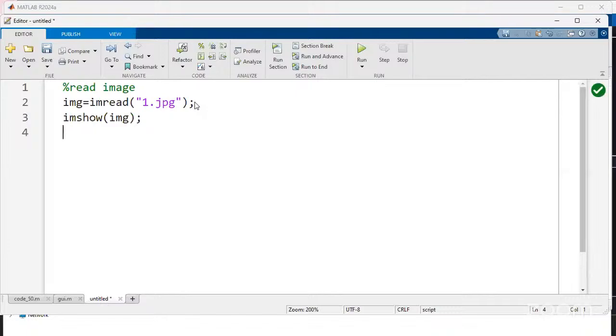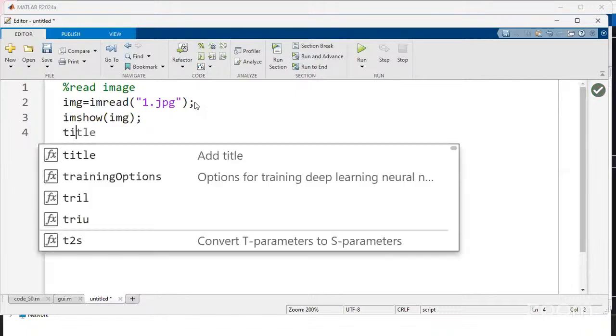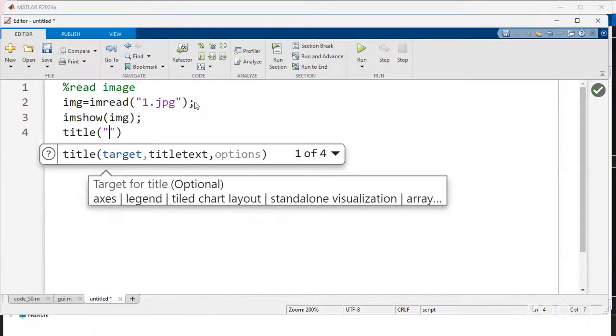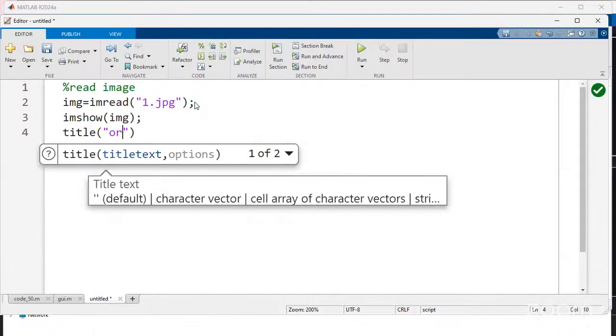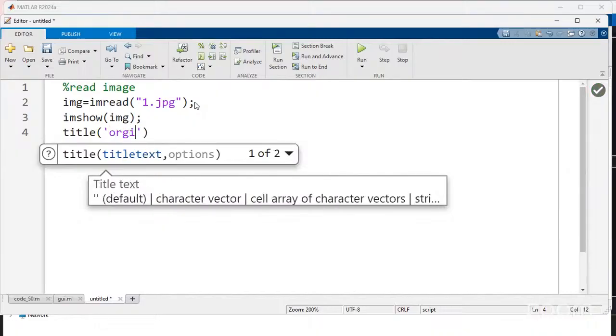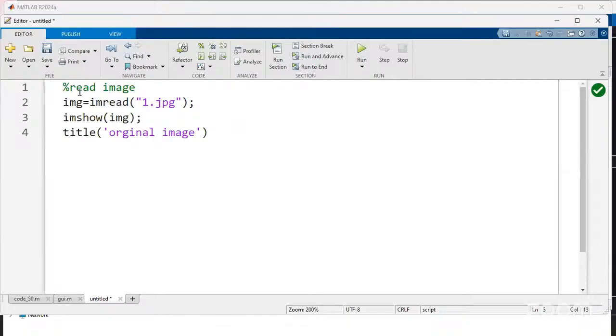After that, I need to add some title. The title name is original image.